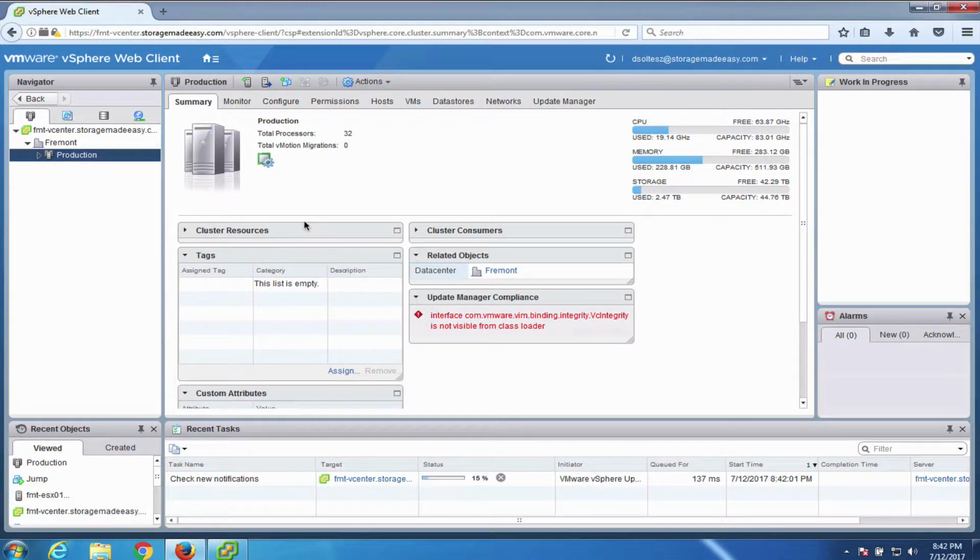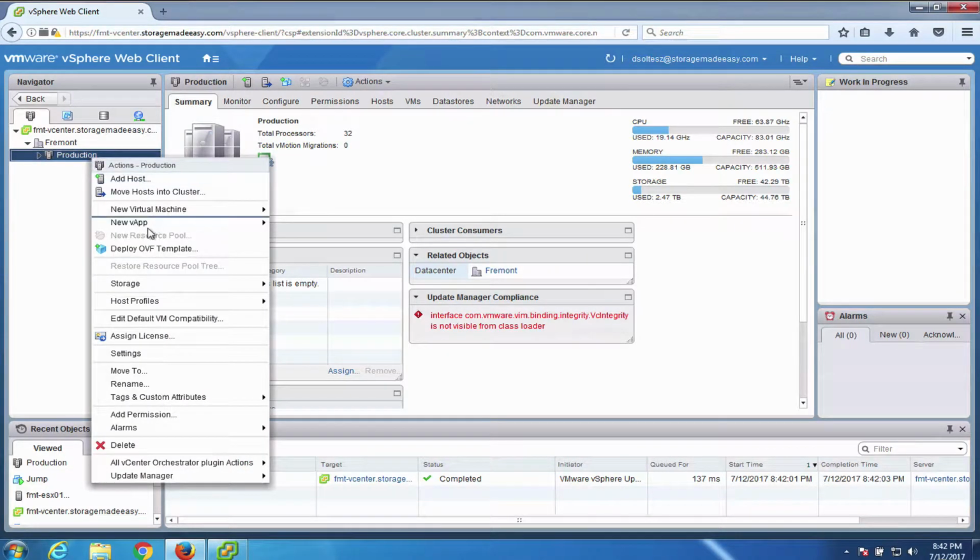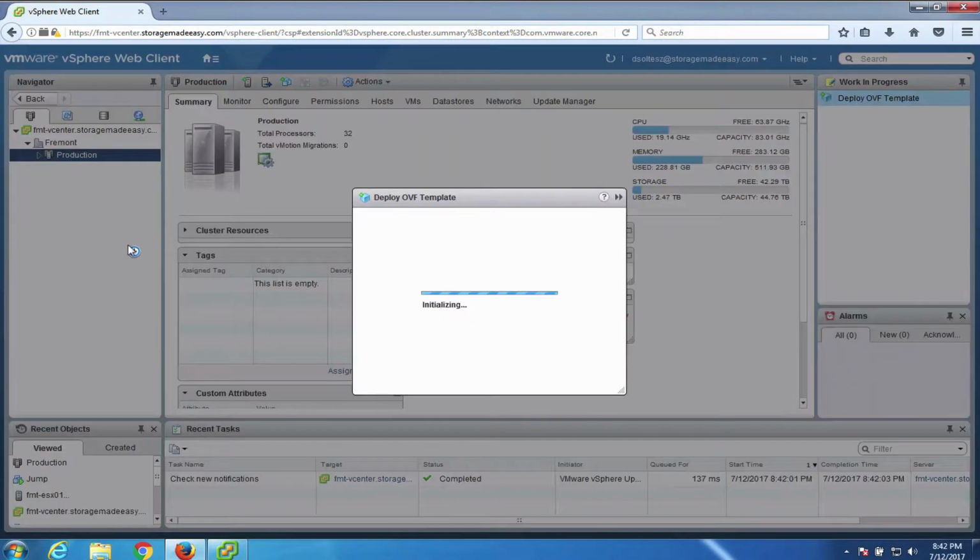Made Easy appliance in VMware is a quite simple process. The first thing you'll need to do is obviously obtain the OVA file, and this can be done by contacting Storage Made Easy Sales. Once you do, simply open Virtual Center, and within Virtual Center, you're going to want to pick one of your clusters, deploy OVF template,